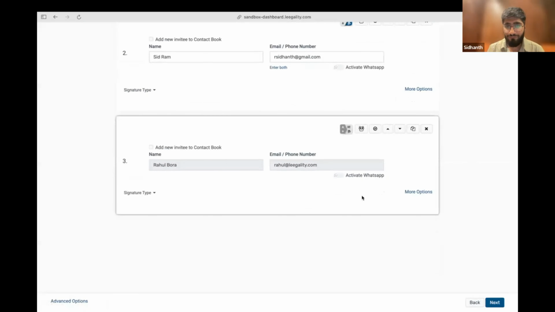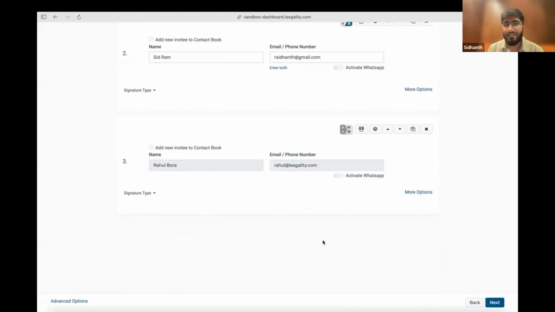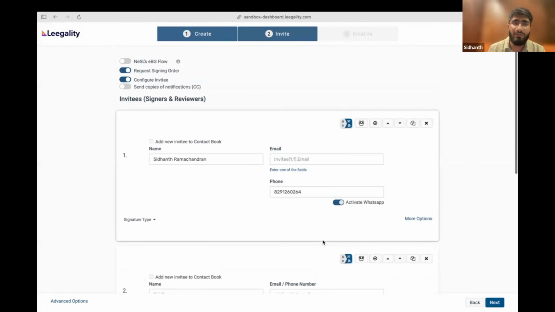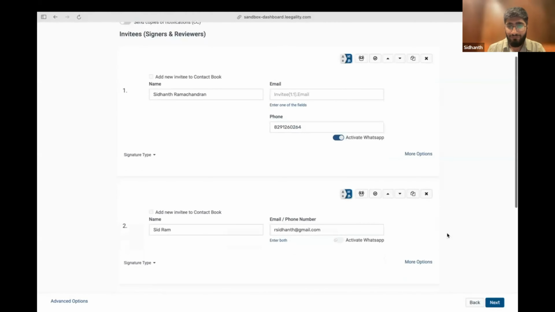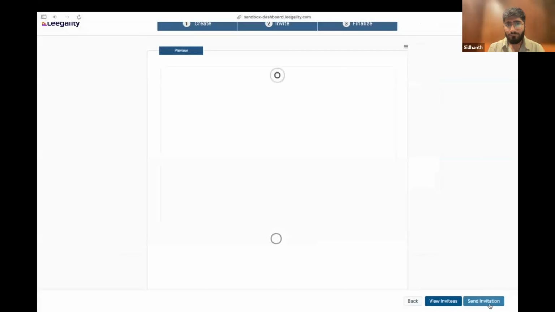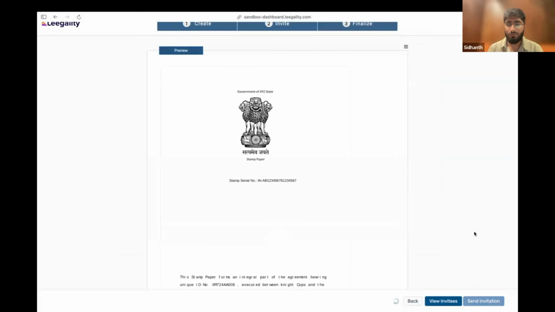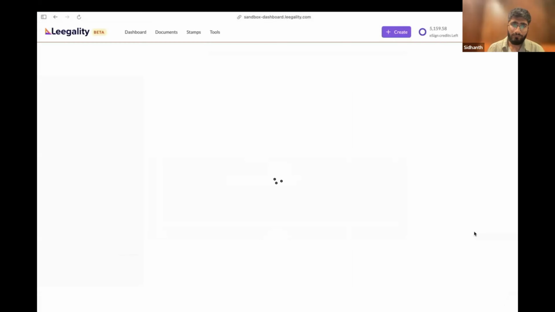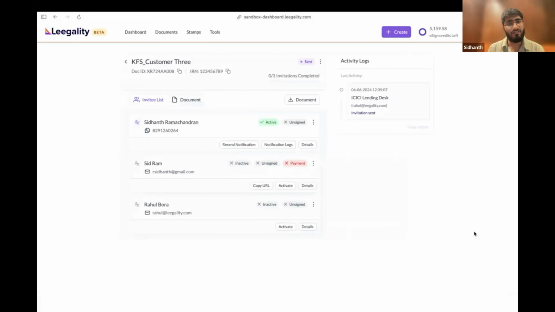And lastly, we've also configured an automated signature here. This is a signature that will be applied automatically. This is typically used for your banks or financial institution side of signature. So nobody needs to repeatedly do a signature over and over again. You can just pre-configure it and it will be automatically applied once the borrowers have completed the flow at their end, right? So once we've done all of this, we are ready to move to the next step. You can preview the document and then quickly send it out. Right, so that's it. All we had to do was pass the data specific to the customer,